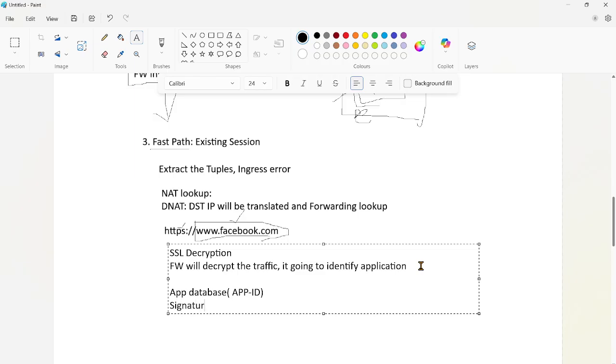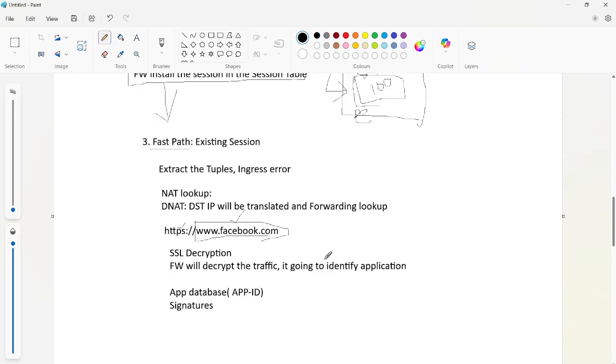These signatures are available in the app database of the firewall, and for whatever application it has identified here, it is going to match whether any signatures are available in the Palo Alto firewall or not. If any signatures are available, it is going to identify the application. But here it has decrypted the traffic, and it has found that this is some web application.